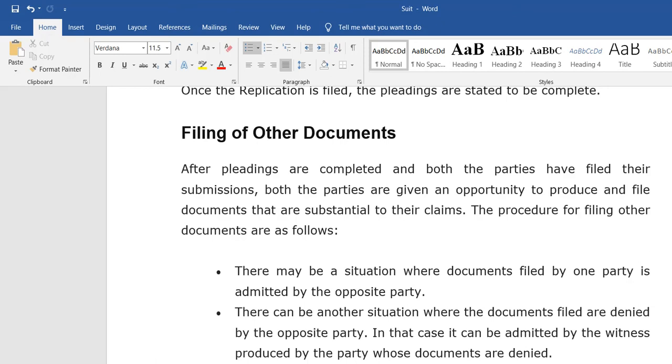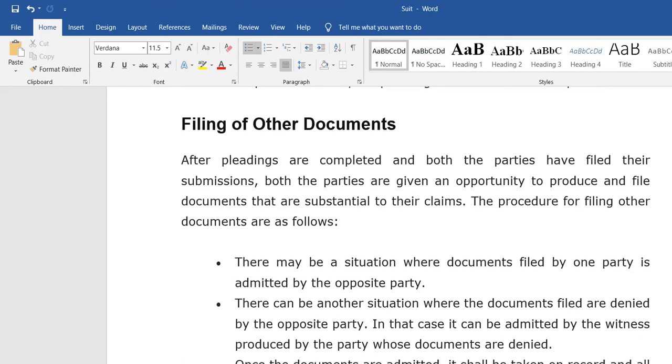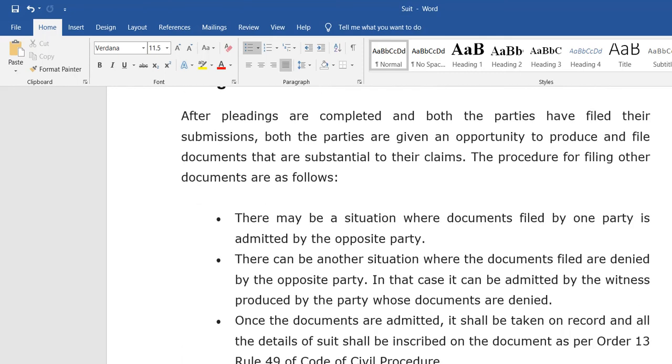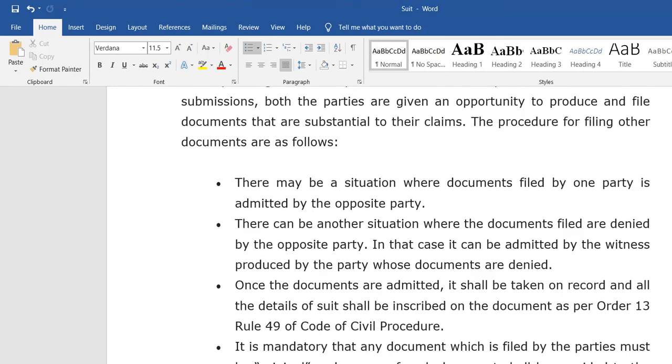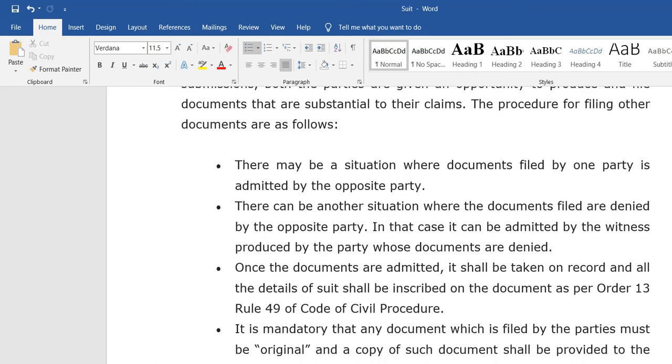Maybe the plaintiff and defendant both have an opportunity to produce and file supporting documents for particular claims. There may be a situation where documents filed by one party are admitted by the opposite party. Sometimes it may happen that the documents filed by the plaintiff are admitted by the defendant.